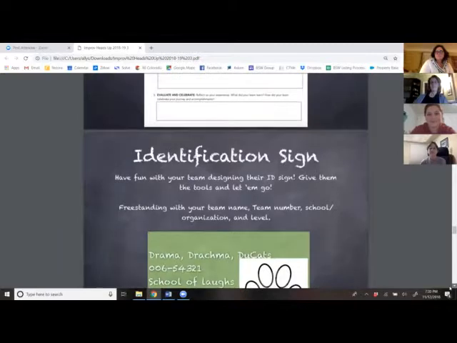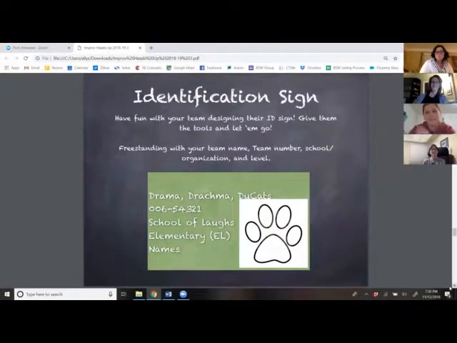And then your team identification sign. This is a fun thing for your team, but it's also an informative thing for the appraisers. And we just want to make sure that the team signs have your team name, number, and school or organization and what level they're performing at. This is just to make sure that we know that teams are at the right stage or right area to perform. So we just want to make sure they haven't gone to the wrong place and the right people